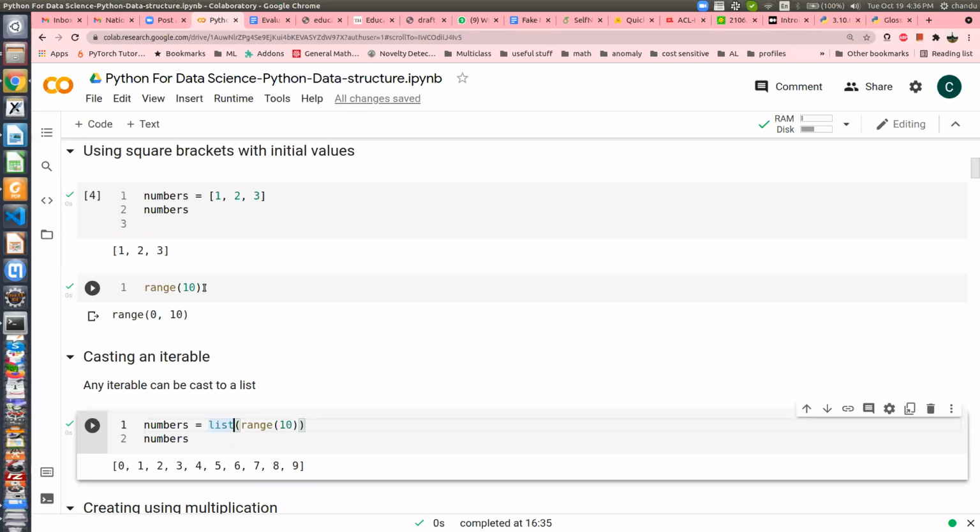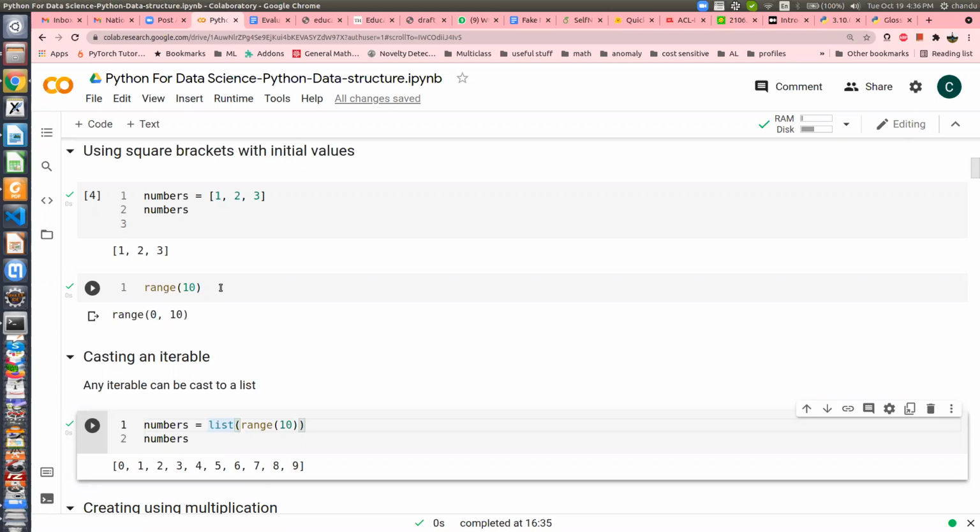So in that case you have to allocate memory for 1 million data items, right? In C programming, those who are aware of it, once you create an array, you have to specify the size of the array, correct? When you specify the size, let's say the array size is 1 million, you have to reserve memory for 1 million items, which is very memory intensive. So that's the beauty of Python.